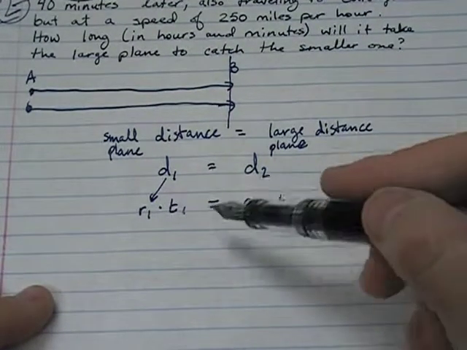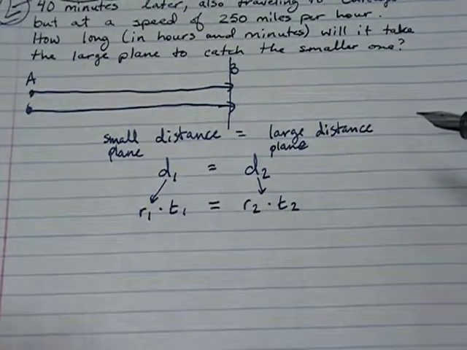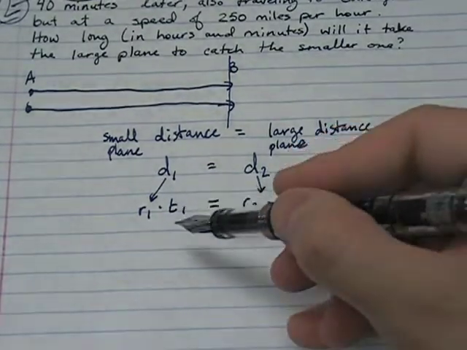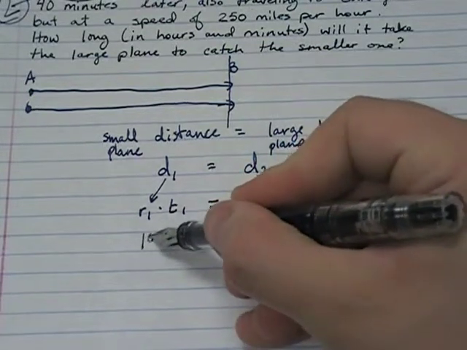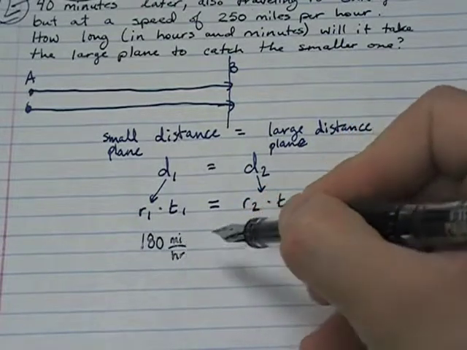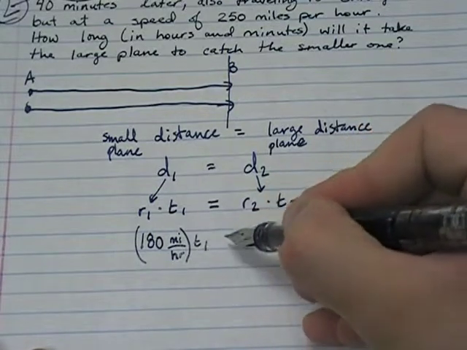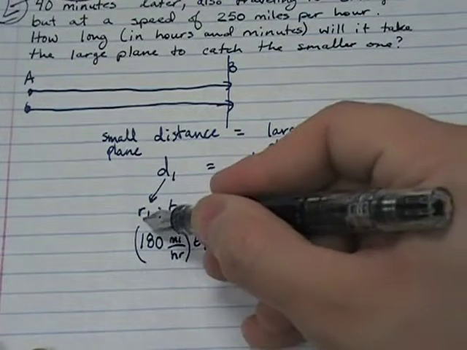Well, I have 4 variables here, and I need to somehow get this down to one variable. So, I plug in rate 1. What is the rate of the smaller plane? Well, the smaller plane was going 180 miles per hour, times T1. And the larger plane was traveling